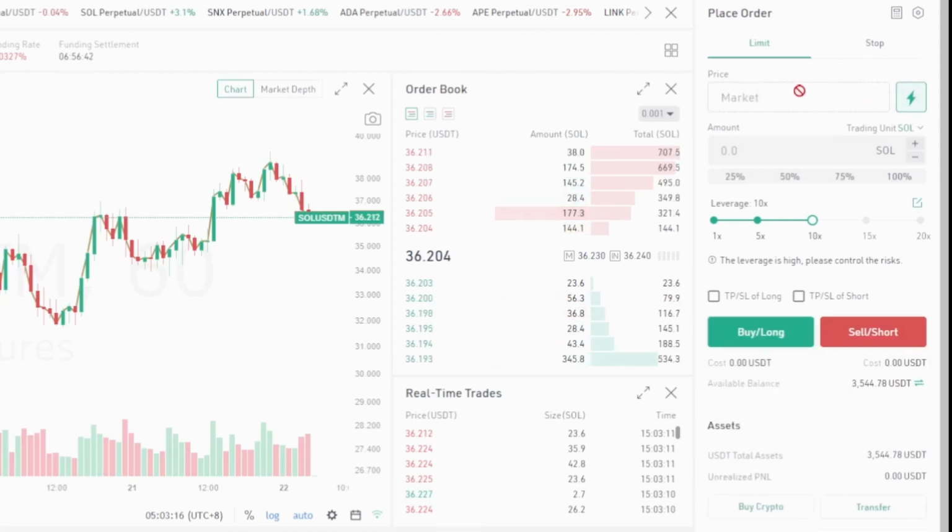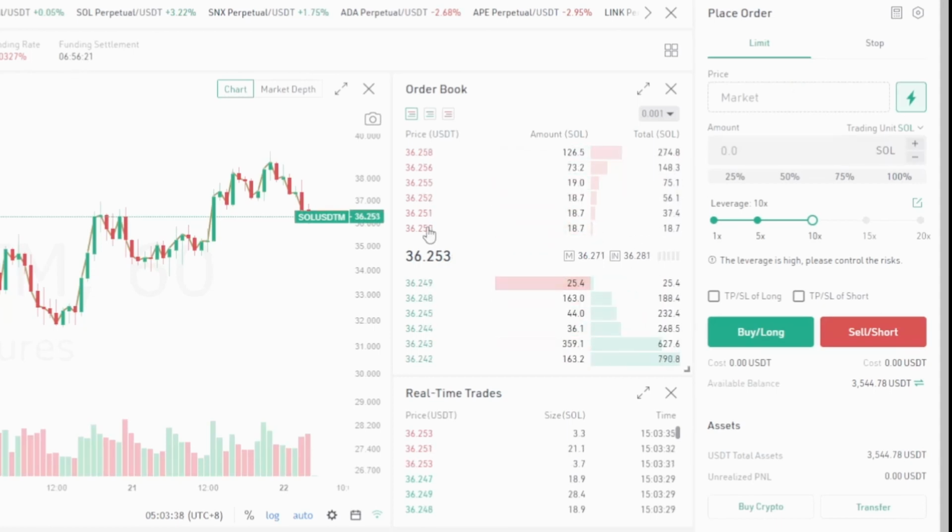Now, I've talked often on my channel how you never want to market buy. Market buy basically means you want to buy right that second regardless of the price. Now, if there's a lot of market volatility and the price is swinging up and down like crazy, which is often sometimes the time when you're trying to long or short a coin, right? That could give you a price you're not expecting.